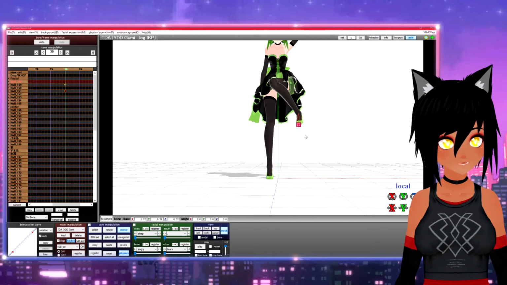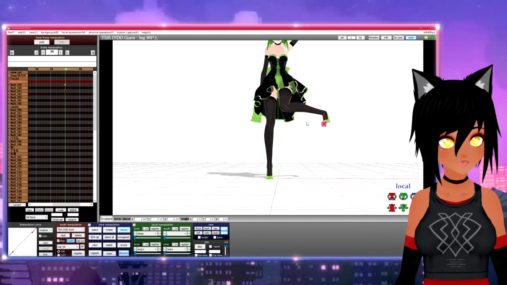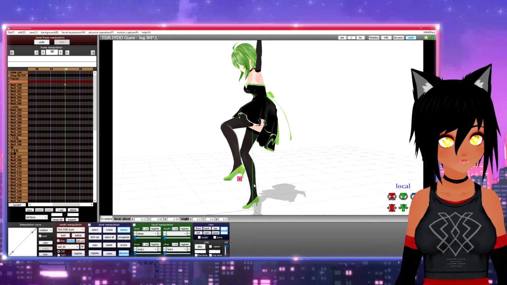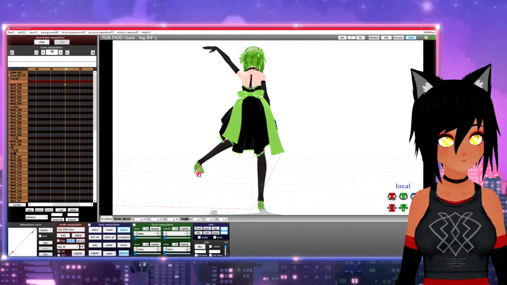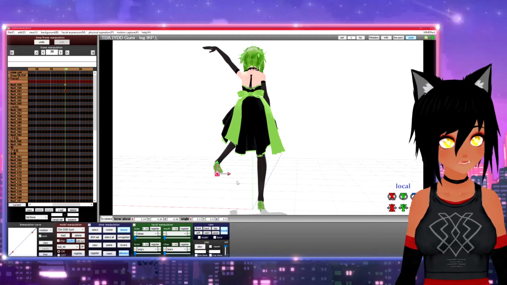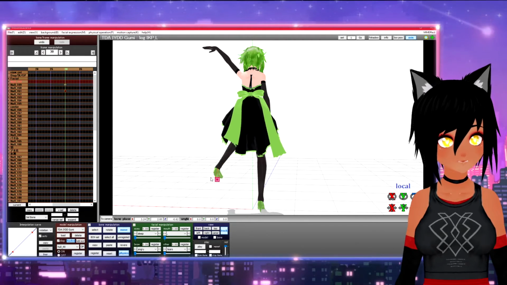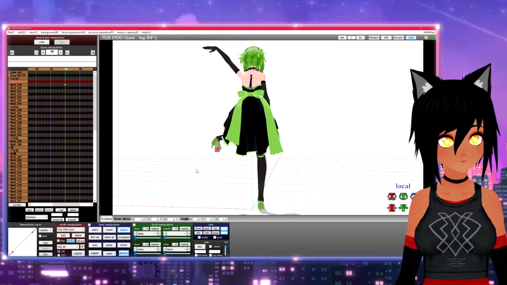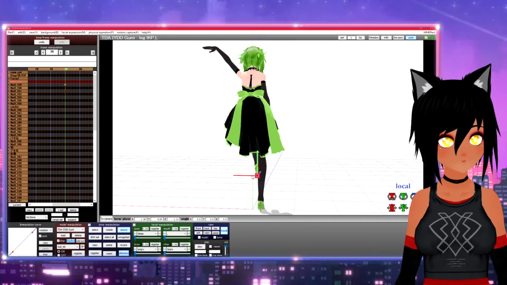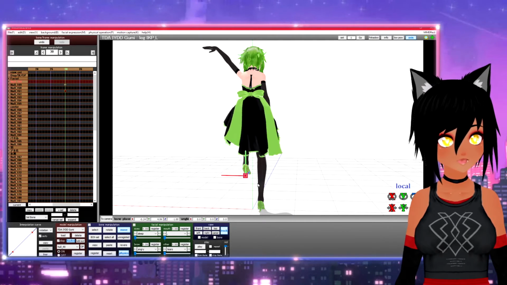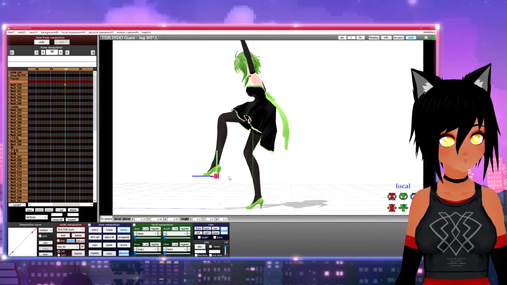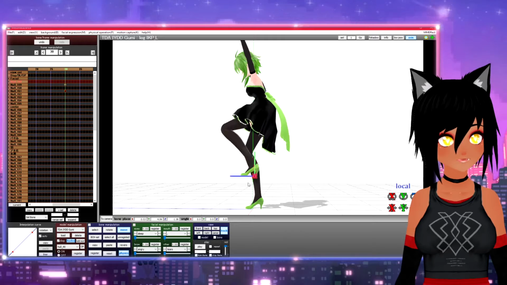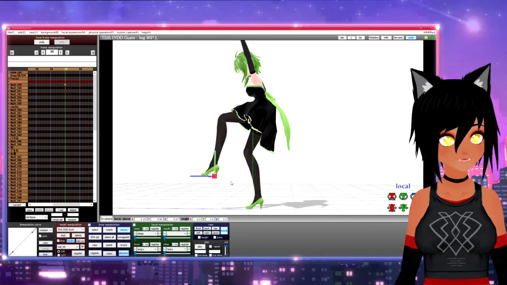So if you want her to do a little side kick, it's really easy for placement. You can either just click and freely drag it, or you can click one of these arrows and it'll only move up and down. So you can be a little bit more precise. So she can do a little cha-cha.